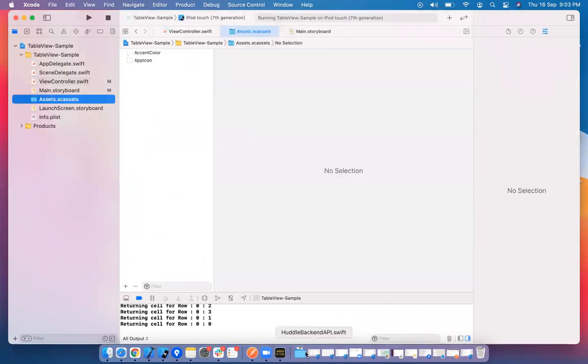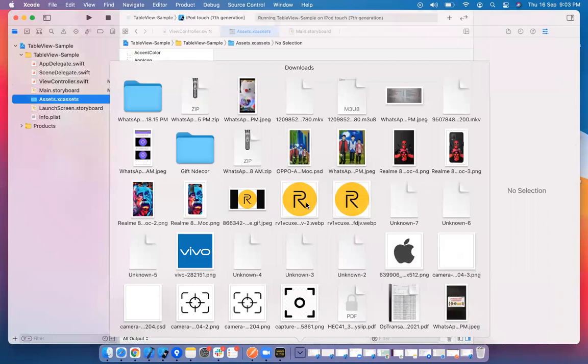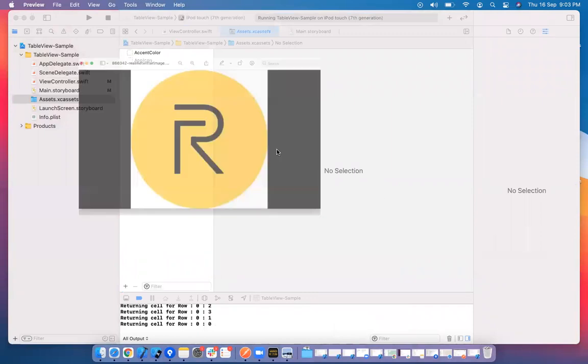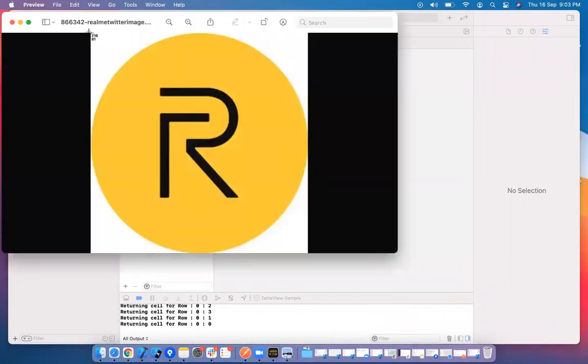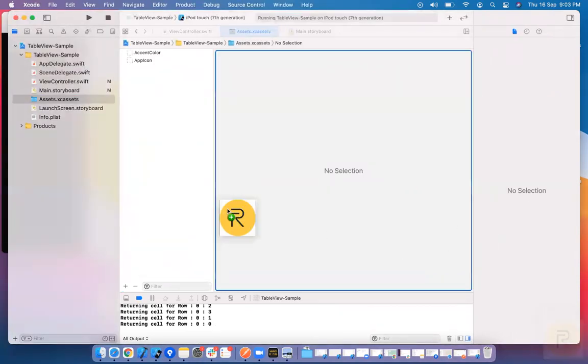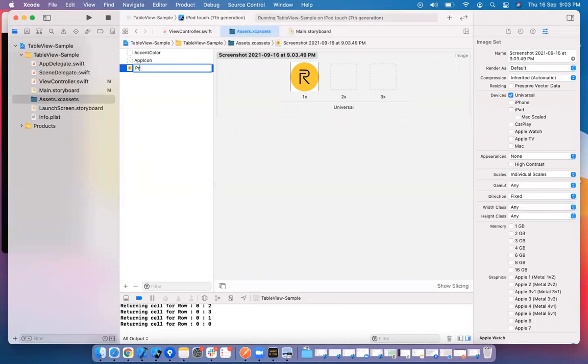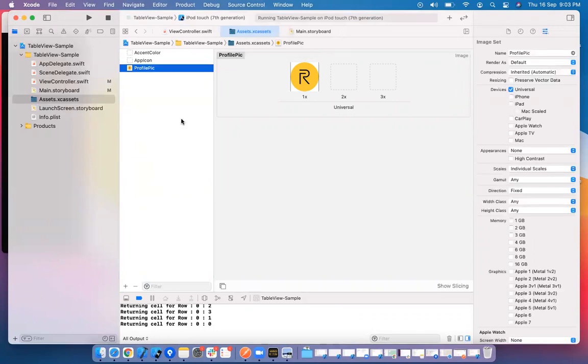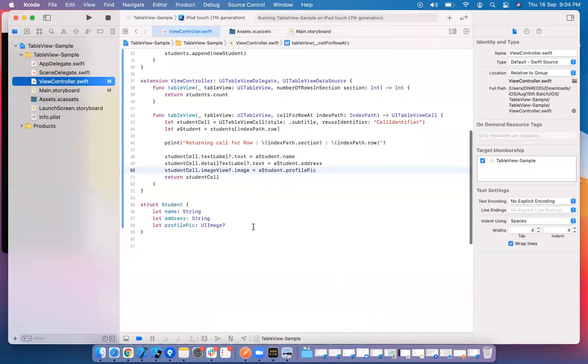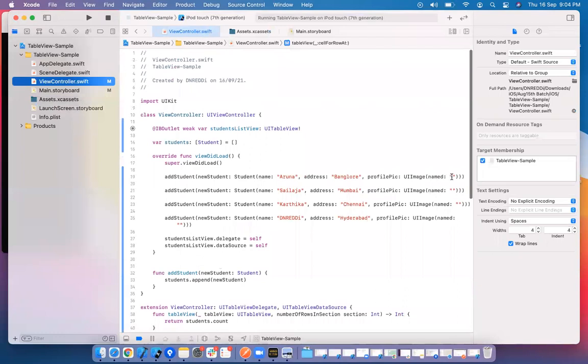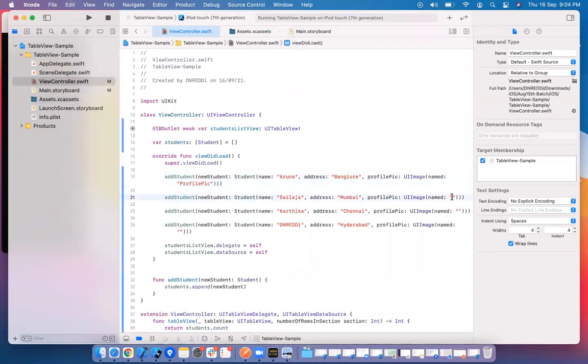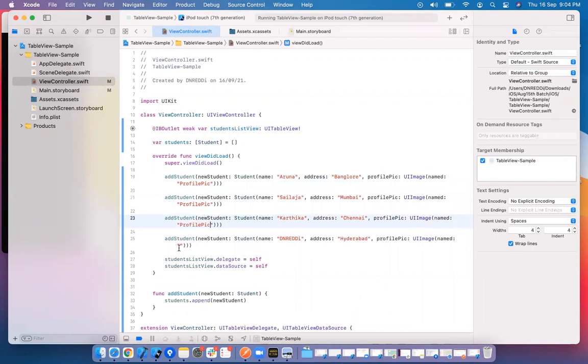Assets. Let me check if I have any profile pic. Let me take this one. Assume that this is the profile pic. Now it has a profile pic.